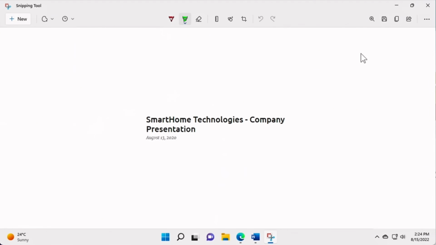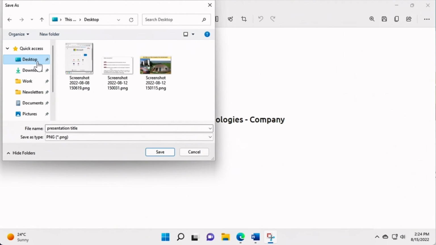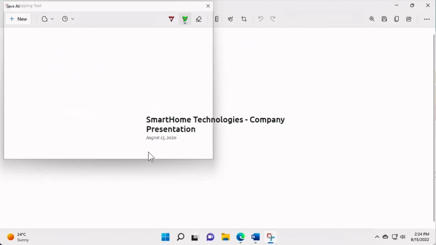At the top right of the Snipping Tool window, you'll find a Save As button. Click this to save the currently displayed screenshot. A File Explorer window opens. Using the name field at the bottom, let's rename this screenshot. On the left of the window, I'll select the desktop folder, then click the Save button at the bottom to